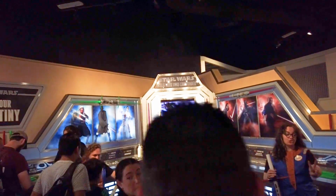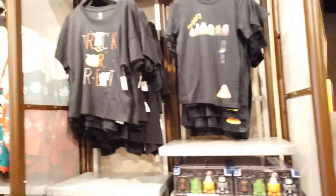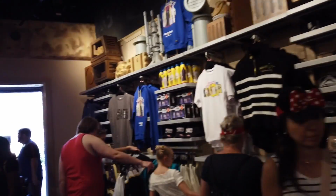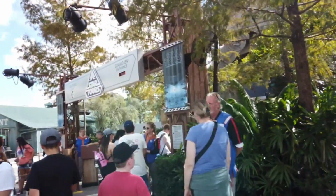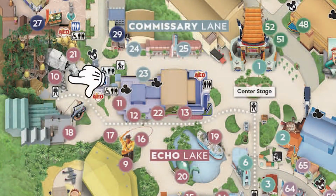It also does get pretty busy because it is the exit to Star Tours. It's $30 for a single lightsaber here and $45 for a double. Significantly cheaper than Savi's. Star Tours The Adventure Continues is a simulation ride, and it is different every single time